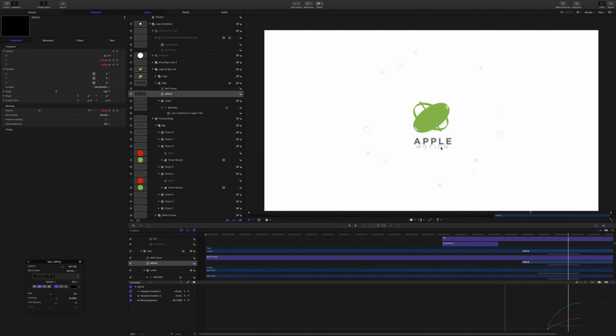So this element here, motion, is linked to the bottom edge of Apple. So wherever the bottom edge of Apple goes, motion is going to follow. But as you can see, its motion is working on kind of a hinge, because I have the anchor point set up here, and